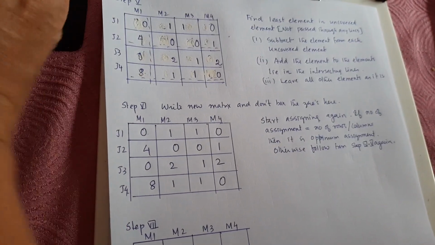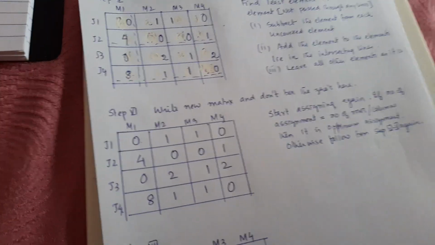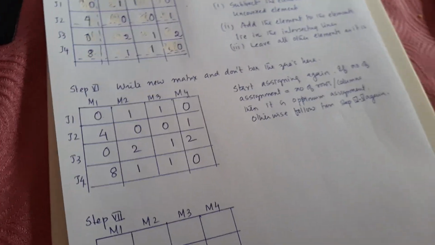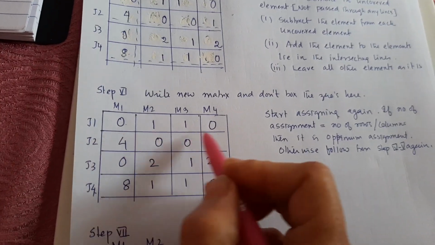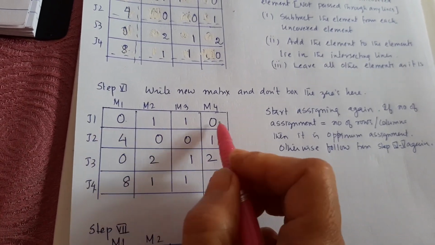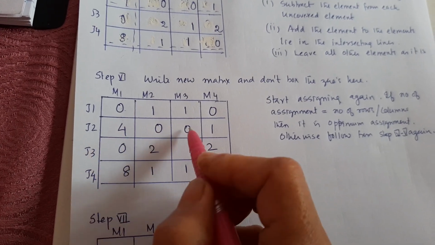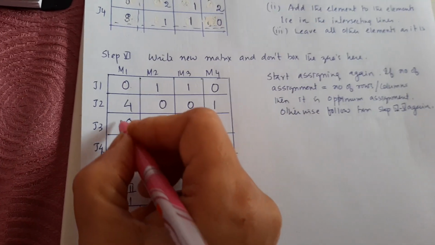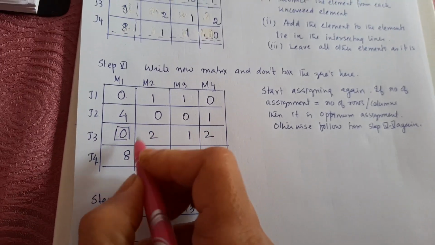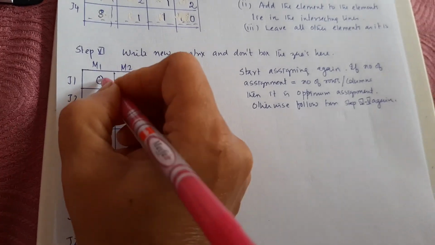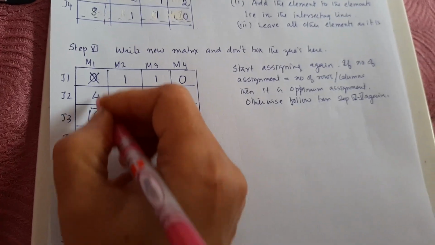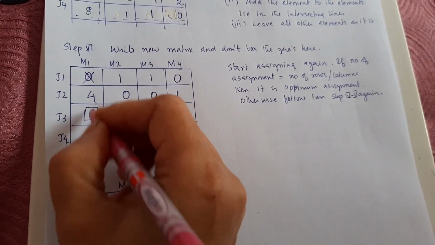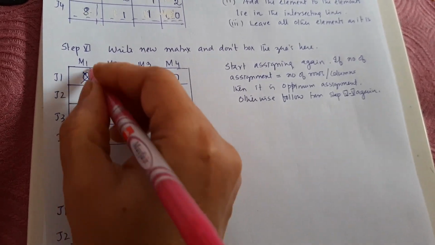So if I assign again, how am I going to do it? Just one moment. If you see this row, start with the first row, there are 2 zeros here, so I am going to leave that row for the time being. Second row also has 2 zeros. In the third row there is only 1 zero. So I am going to assign this job to this machine. Okay. As soon as I assign this 0, I am going to cross this one here. Because as soon as you assign something, the other 0 in that column has to be crossed.